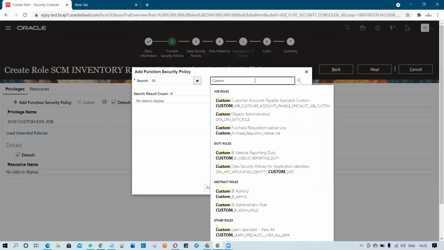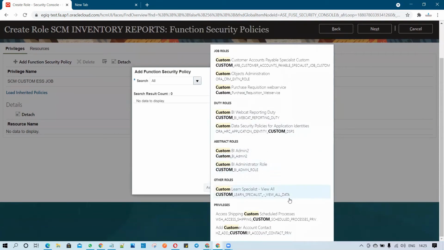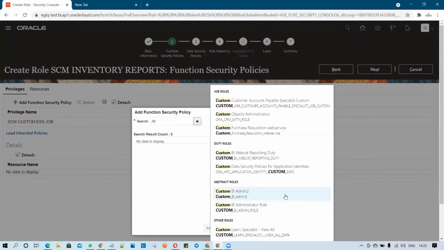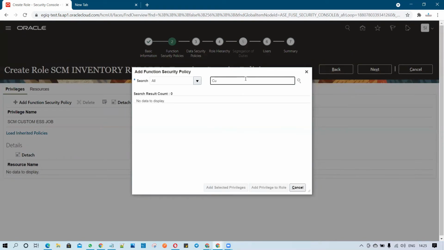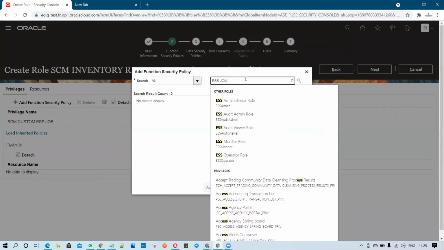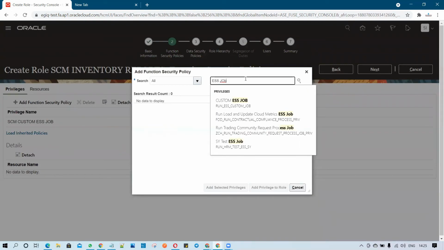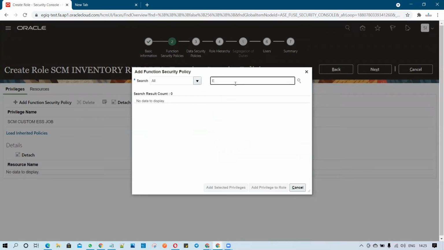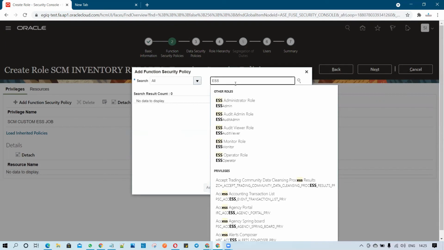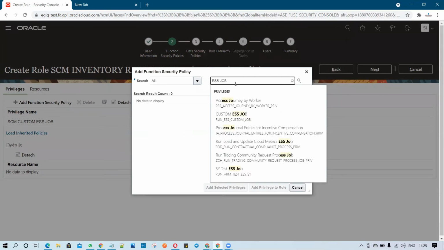I have not created a specific one. Let me see if we get any specific one. I don't have an ESS job, but let me just select anything for the demo.